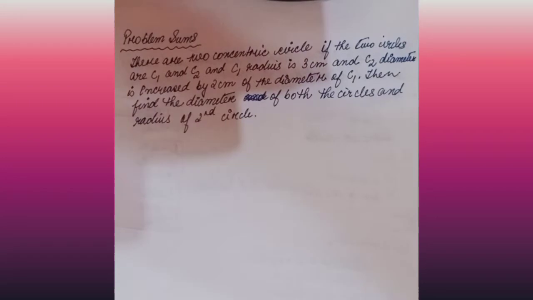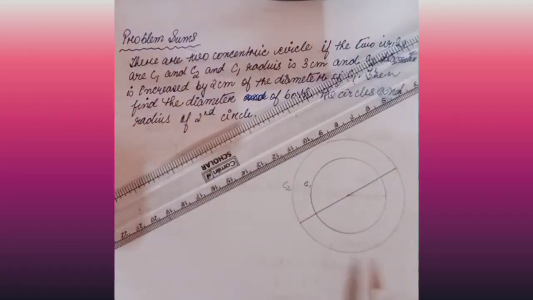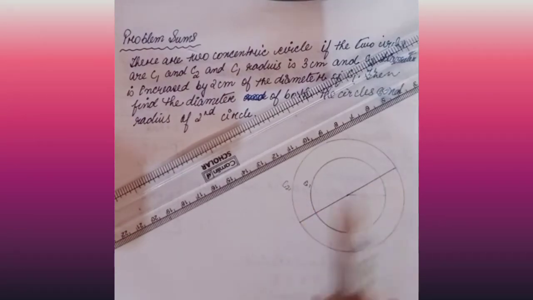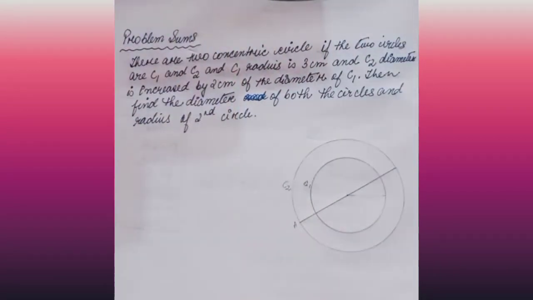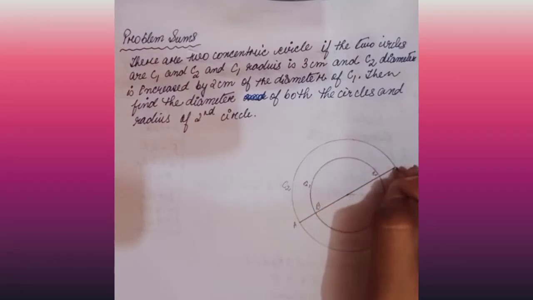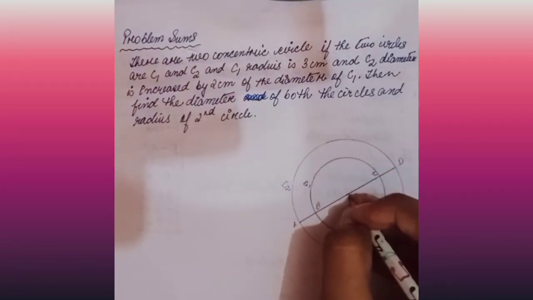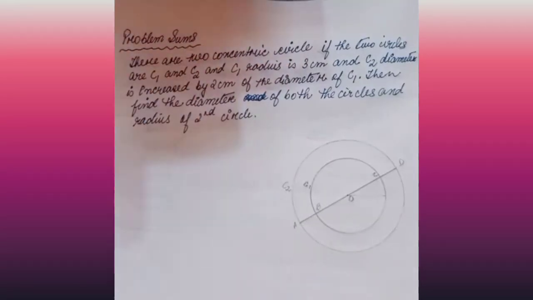To solve all these types of critical questions, you must always make a rough diagram at the side. So let us make a rough diagram first. As you can see, I have drawn two circles C1 and C2 and a line passing. First let us name it, then we will proceed with the question. A, B, C, D and O. You can keep any letter for the center, but usually we keep it as O for any diagram, as you have seen also.